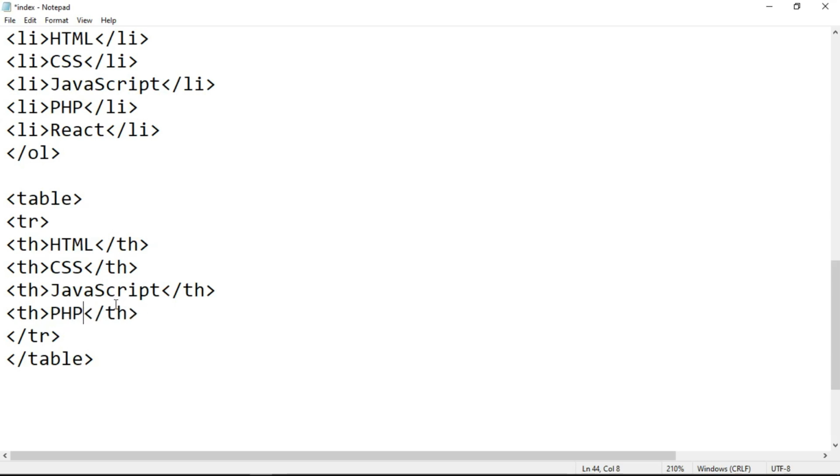And then the other thing that I want us to add here now is the table content, now the table data. So after the table row, I'm going to add the table data. You begin with the angle bracket for less than, and then you're going to type TD for table data, and then you remember to close TD,